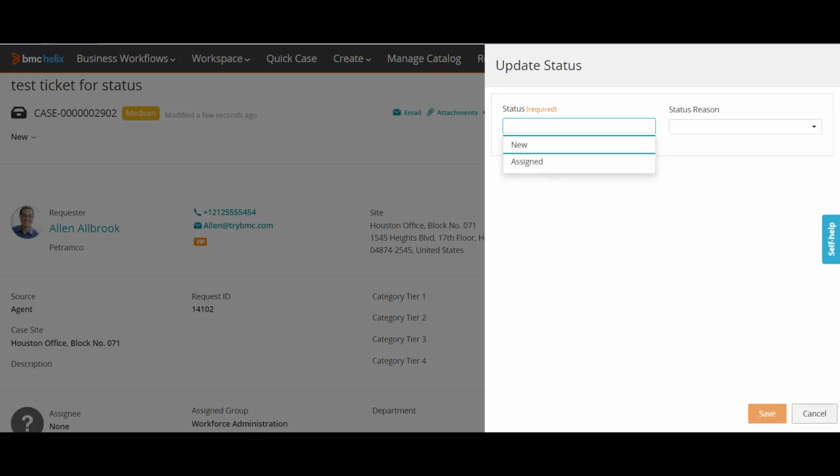So you can see here, earlier when the ticket was in ticket generated state, I had multiple options. I had in progress, I had cancelled, other options also. But now when I move the ticket to the new stage, the only option I have is assign. So I cannot move this to the next stage, because in my definitions I have only mentioned that from new the flow is only assigned. So now once I save this to assigned,